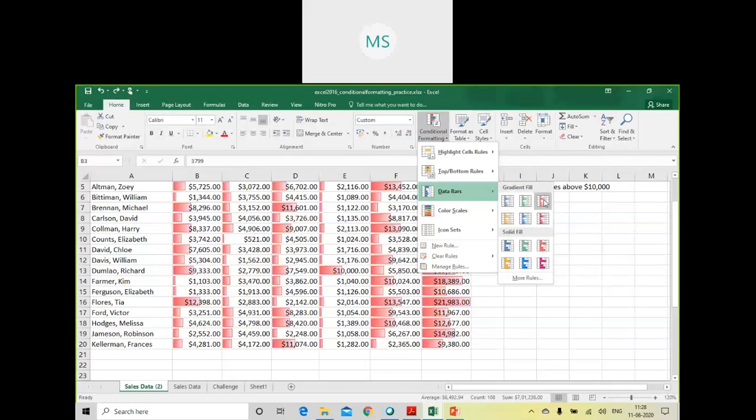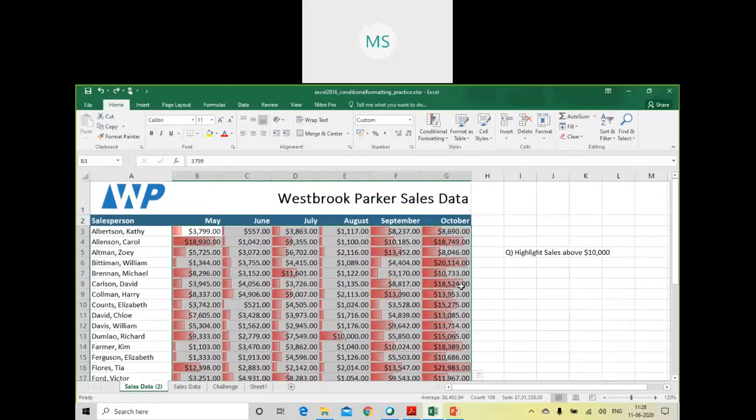As you can see, the size of the bar depends on the value that particular cell has. Here the value is 18,930, so the bar is bigger. Here the value is 1,344, so the bar is smaller. So this is what is known as preset formatting options, because these are predefined.